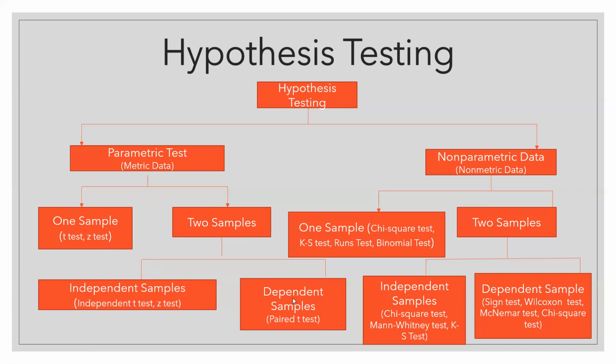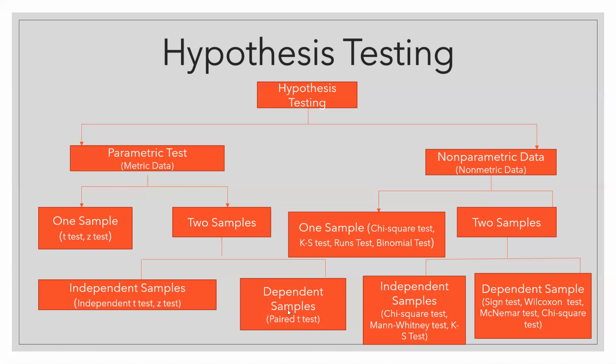But when these samples are dependent on each other, for example pre and post. Suppose this is an MBA class, and before giving any training or any certification course, we have recorded their marks. And after giving them the training or course, we have again taken a test and recorded their marks. Then we are going to compare. So this is known as a pair, and we are going to apply a paired t-test.